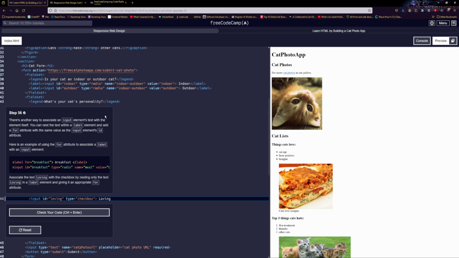You can nest the text within a label element and add a for attribute, the same value as the input element's ID attribute. Here is an example of using for to associate a label. Yeah, that's what I was trying to do with that label before, but